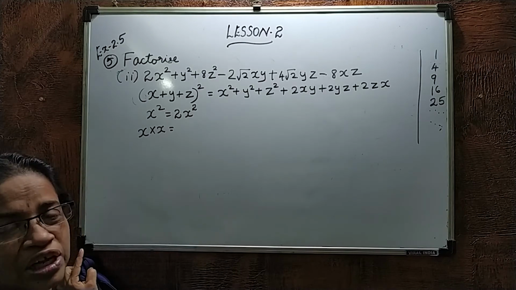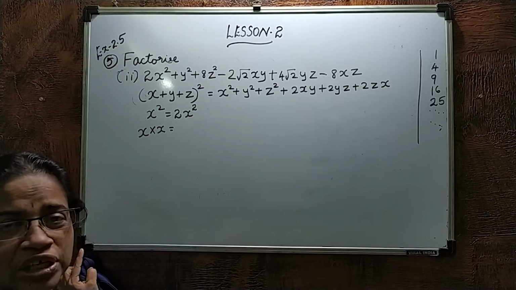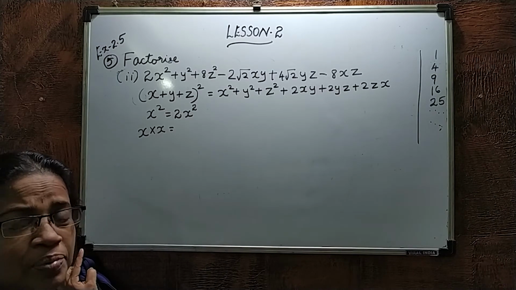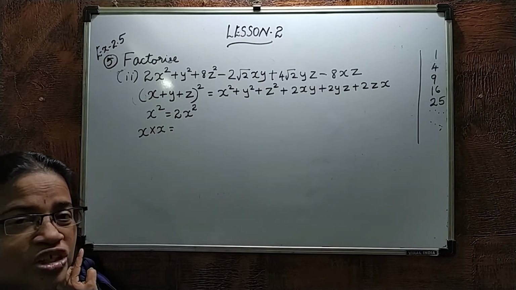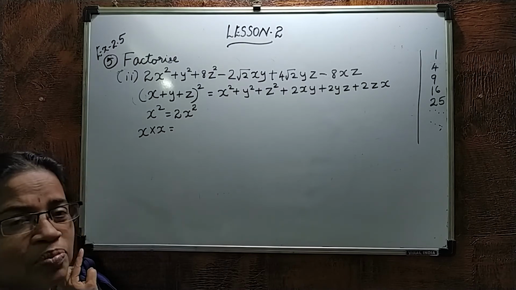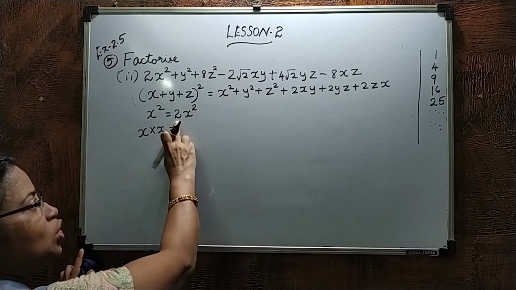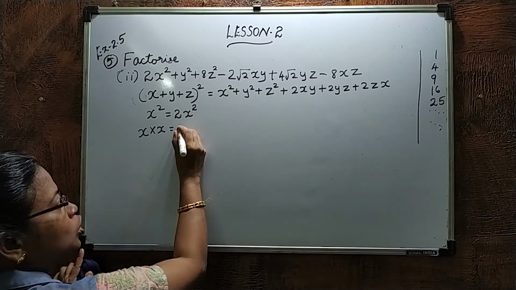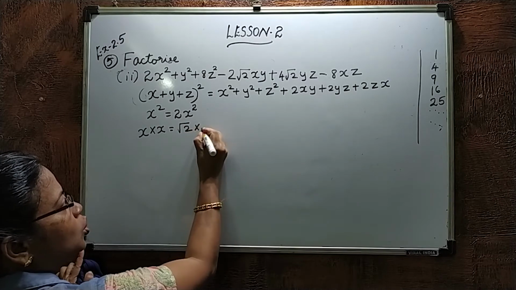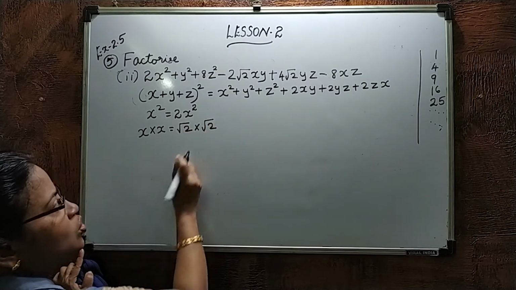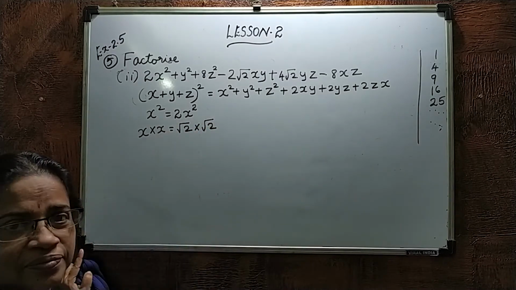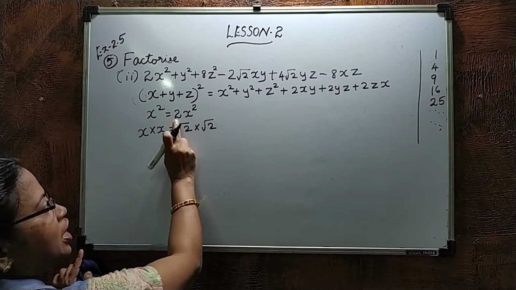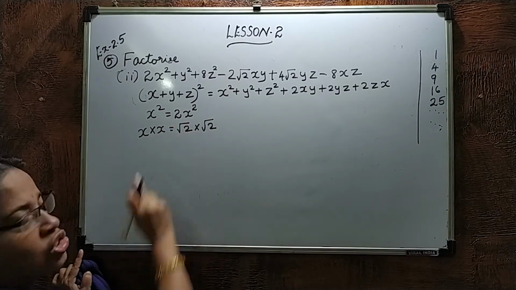1 into 1 is 1. That we will not get 2. 2 is not there. 2 into 2 is 4. So, any other number do you remember? Which 2 numbers? That means the same numbers you have to multiply. You have to get the answer 2. Got? It is root 2 into root 2. You will get the answer what? 2 you will get. Yes or no? Yes. Here it is root 2 into root 2, it is 2.